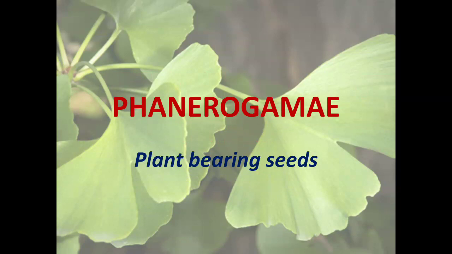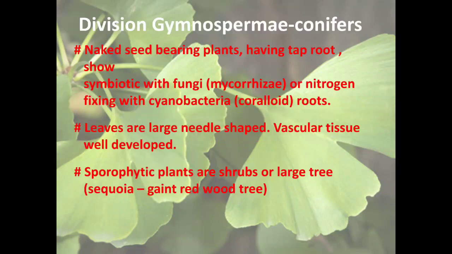In the phanerogamy we have two divisions. Number one is the gymnospermic plant and number two is the angiospermic plant. Gymnospermic plants are the naked seed bearing plants and angiospermic means the flowering plants. So in the first division,